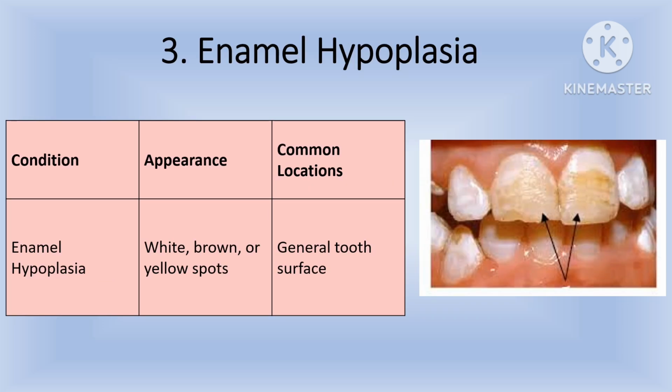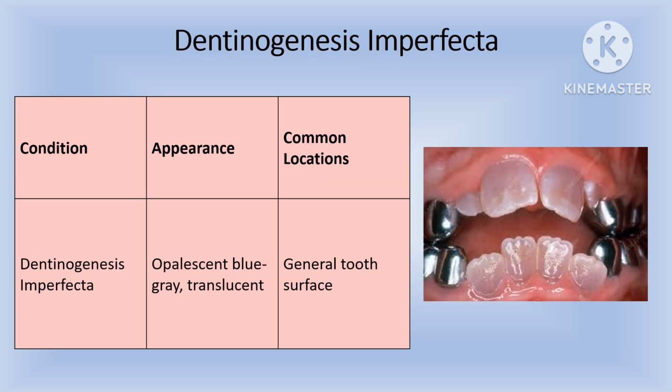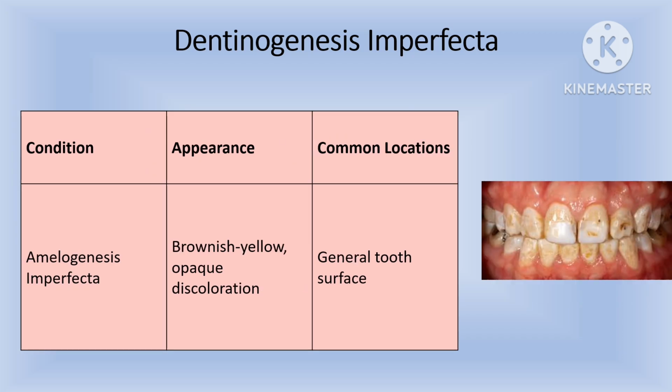Hypoplasia, which may be caused by systemic conditions like malnutrition, trauma or illness during enamel development, can lead to internal staining. It leads to opaque or pigmented areas due to thin or incomplete enamel formation. Two other genetic conditions which affect the development of the teeth, amelogenesis imperfecta and dentinogenesis imperfecta, are also a